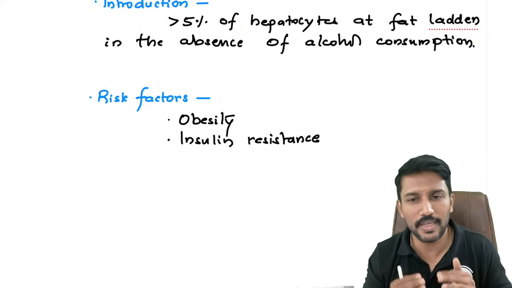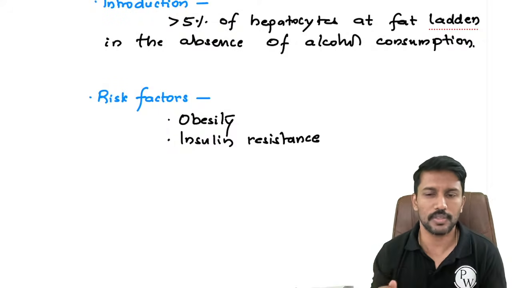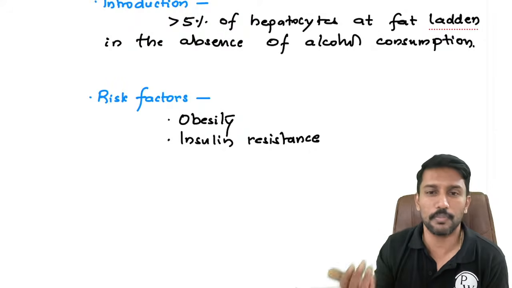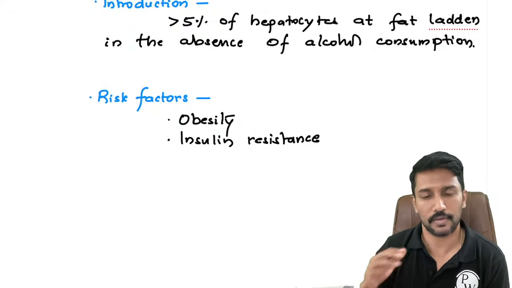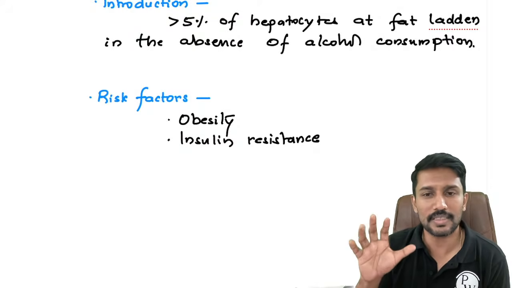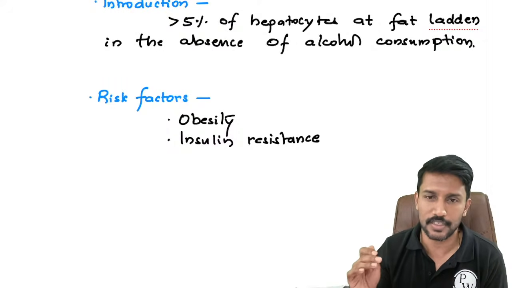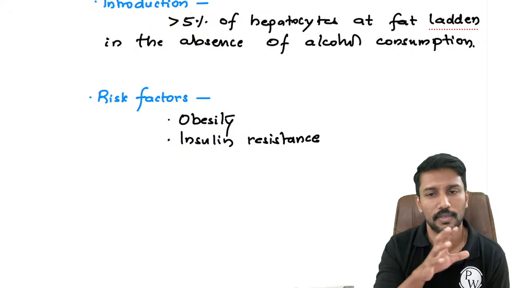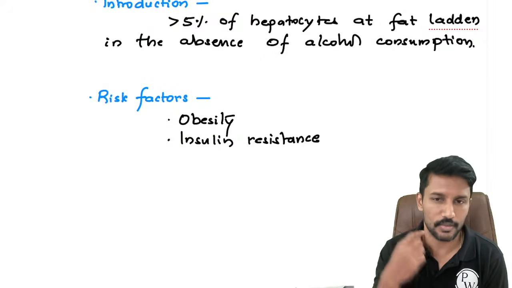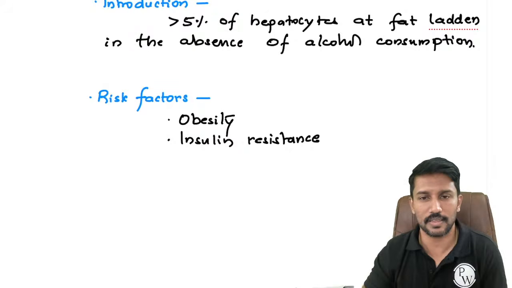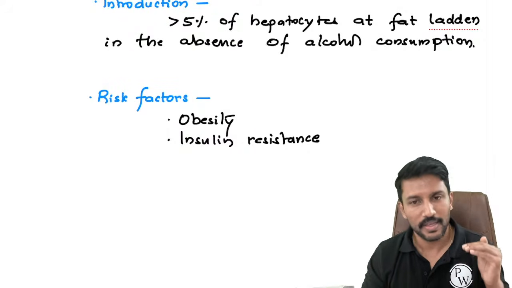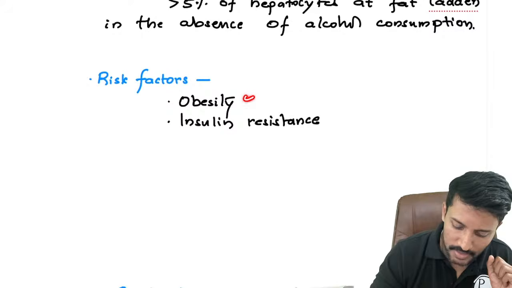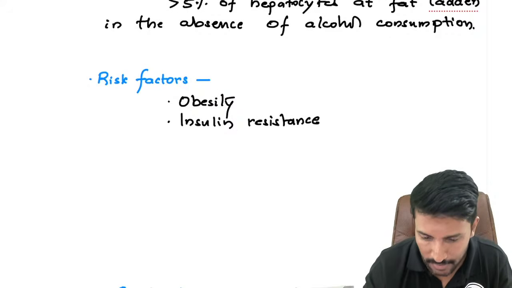So if I'm taking too many extra calories, body will store some glycogen, but the amount of glycogen I can store in my liver and muscles is limited. So any extra calorie, where should I store it? I will store it as fat. What will be default choice? Subcutaneous fat. But as that starts getting saturated, parallelly, I'll start looking for other places to store the fat, and one of them will end up becoming liver. So in the liver cells, I start storing fat. So basically, we can say that fatty liver begins by excessive calorie consumption. Okay. So that's why obesity is the single most important risk factor.